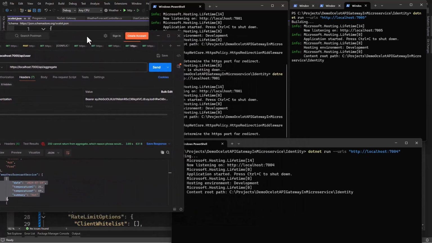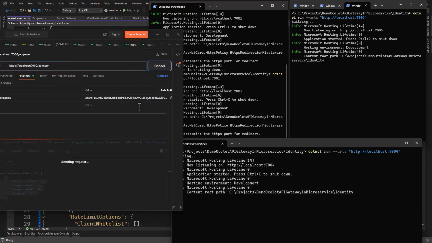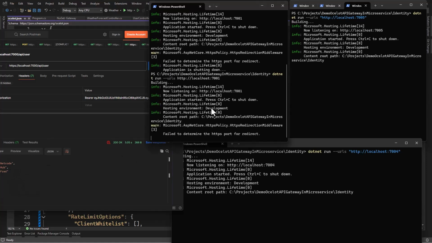So we're going to make our API call to this. Now if I click on this, let's watch and see what's going to happen. So this is user. We are going to make a first API call, right? If I click on this, let's wait. It's going to go through the Ocelot, and let's wait and see which endpoint is going to get hit. Now we have the first one retrieved from here, and with this, we are not getting any response here.